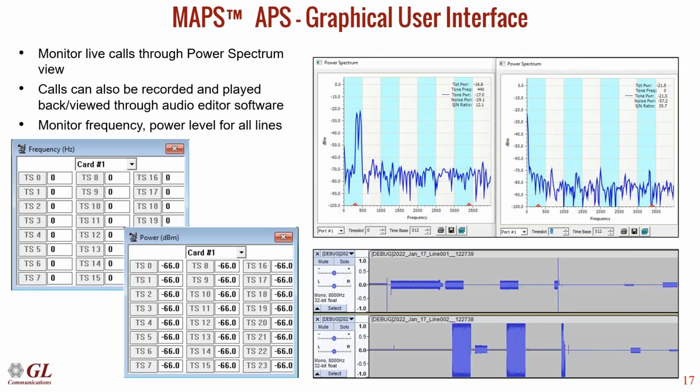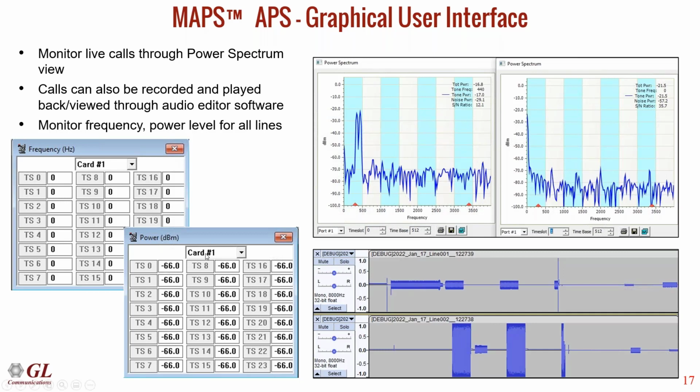Okay, so now we start to talk about some of the basic measurements you can do with the software. Recall that these are T1s, right? So each T1 has 24 time slots. If you really wanted to see all the frequencies and the power levels for each of the time slots, we can also measure the byte values and so on. You can bring all that information up. So you see here in these screenshots, TS0, that's time slot 0, time slot 1, 2, 3, all the way to time slot 23. So all 24 time slots are visible here, and you can see exactly what's going on.